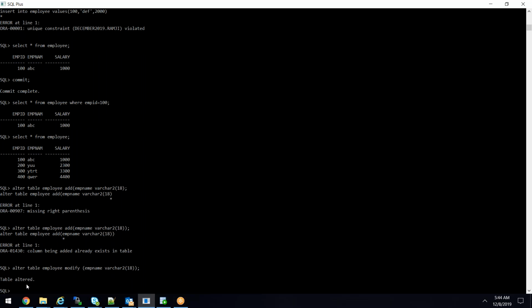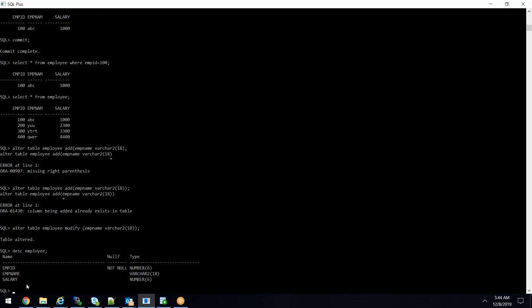Now the table is altered. Now if you describe the employee table, you can see the employee name is 18 characters, correct? Yes. Now if I insert into